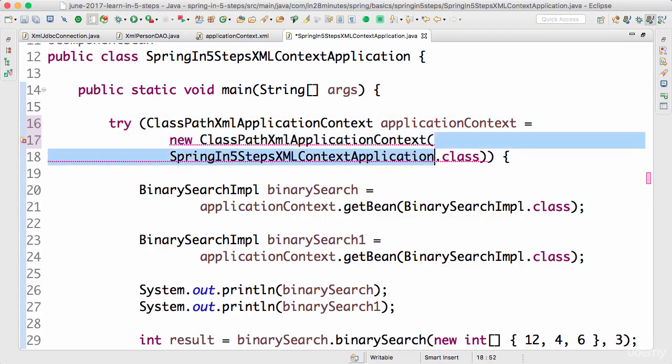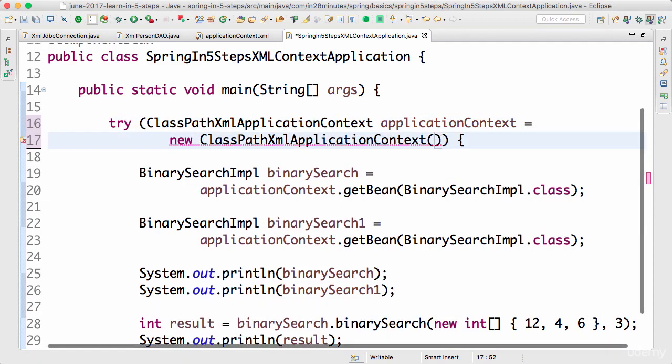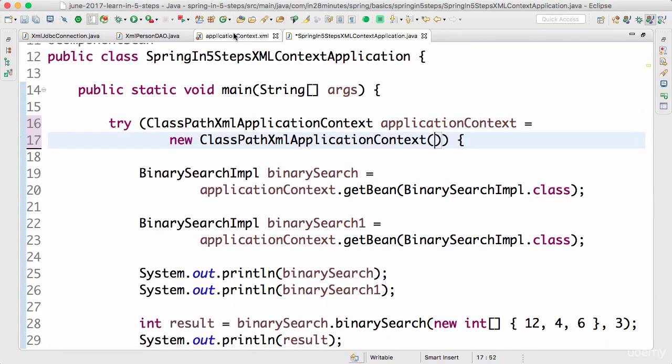To it, I can pass in the location of the application context.xml. Since we put it in source main resources, it's directly available in the class path. All that we need to do is give the name of it, application context dot xml.